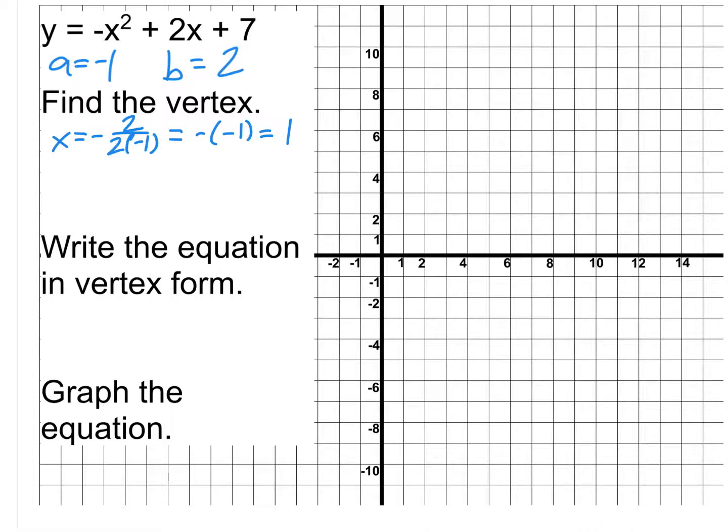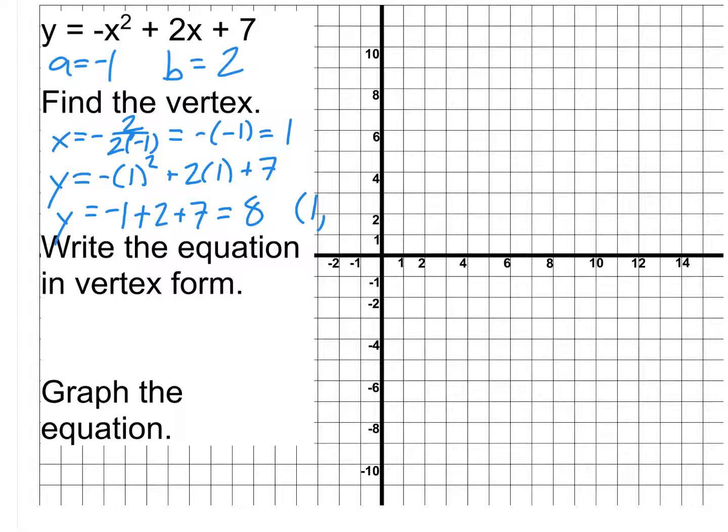And then to find the y coordinate, remember we plug that back in, so y is going to equal a -1 times 1 squared plus 2 times 1 plus 7. When we do that, we're squaring the 1 first, and then we're applying the negative. So it actually gives us -1 plus 2 plus 7, which ends up giving us 8. So our vertex then is at 1, 8,